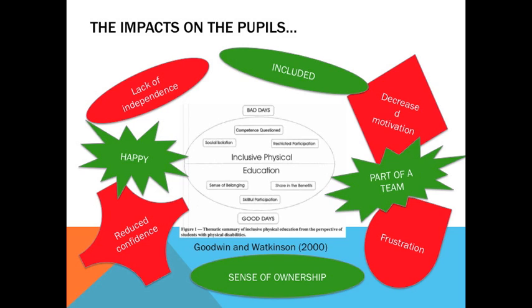A study by Goodwin and Watkinson in 2000 looked at the inclusiveness of physical education for disabled students in the US, and the study was on the perspective of students with disabilities. Their main findings and recommendations for teachers were for them to embrace all students from all different diverse backgrounds and value them as positive attributes in lessons, no matter what their contribution. This study then looked at the effects this had from the student's perspective.